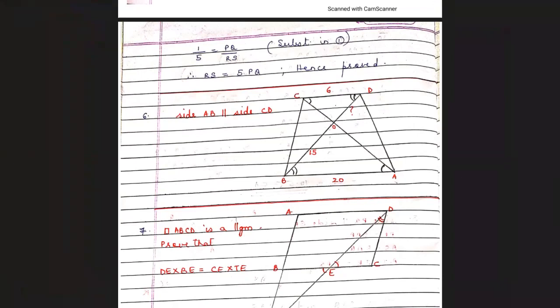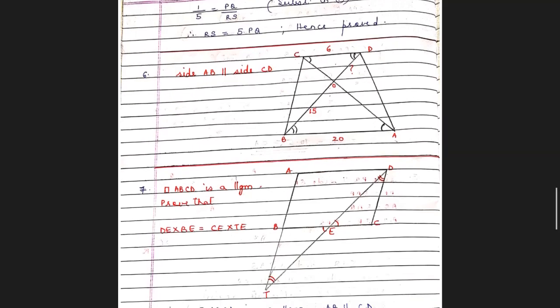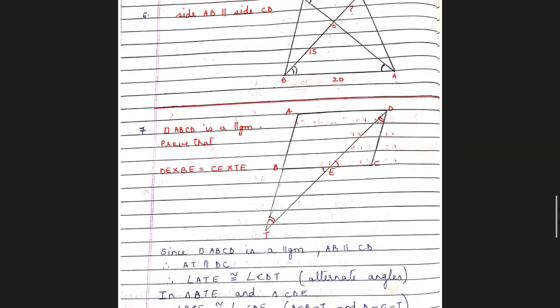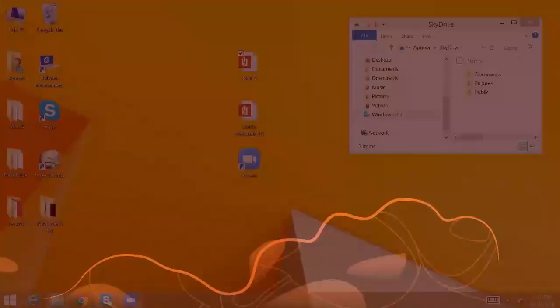Once you prove the two triangles similar, you're going to write the sides in proportion. And you know how to do it. First, you will write in correspondence and therefore you will write the triangles in proportion. Once the sides are written in proportion, you have 3 values given to you. You have to find the 4th one. So children, that's for your homework and you're going to do it by yourself. It's exactly similar to 5 and I don't see any reason why you should have any difficulty doing it.